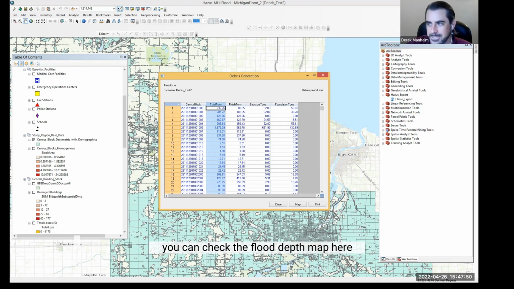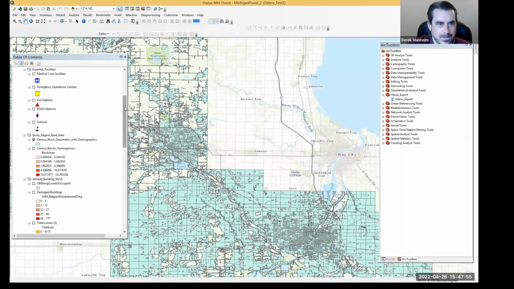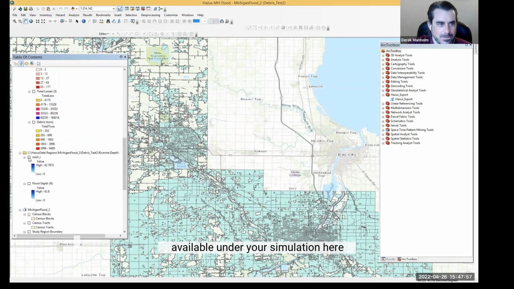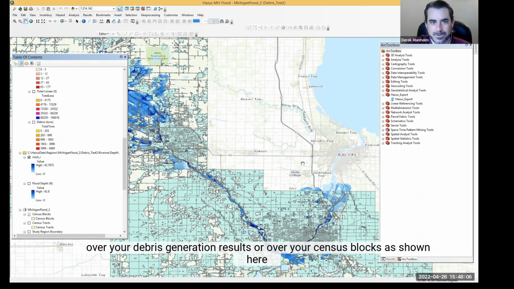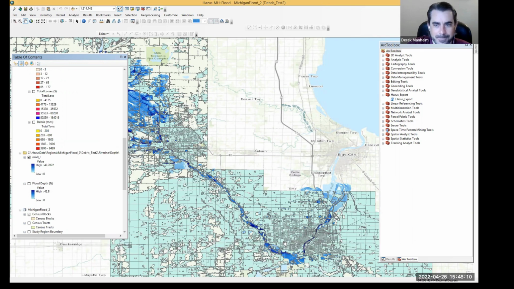In addition, you can check the flood depth map here, available under your simulation here. And again, you can superimpose this flood depth map over your debris generation results or over your census blocks as shown here.